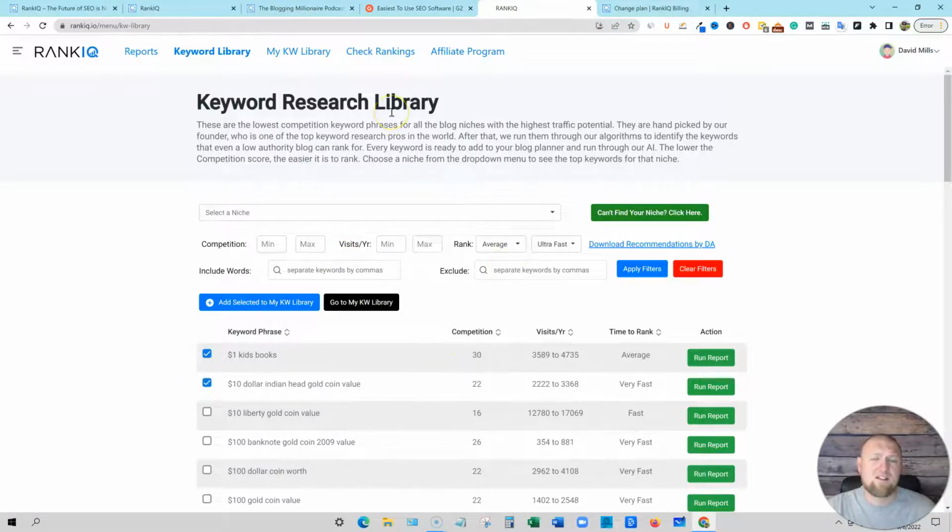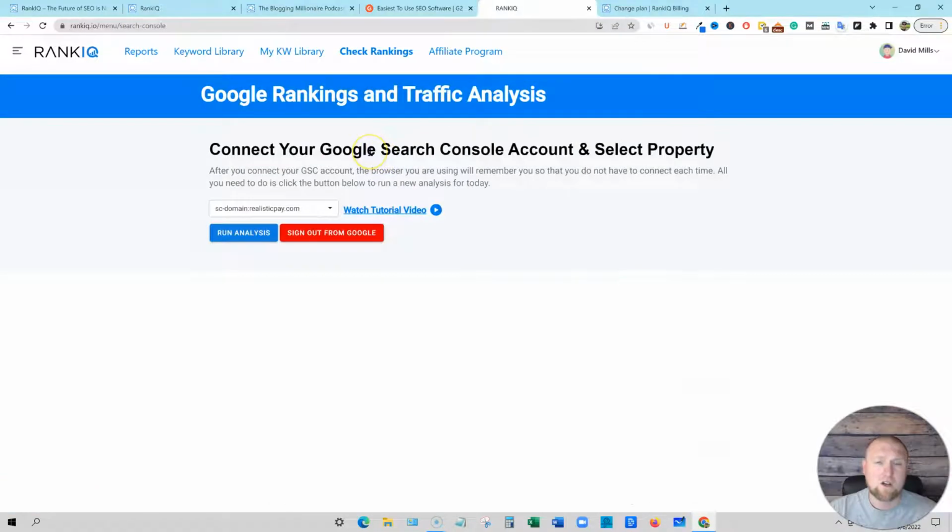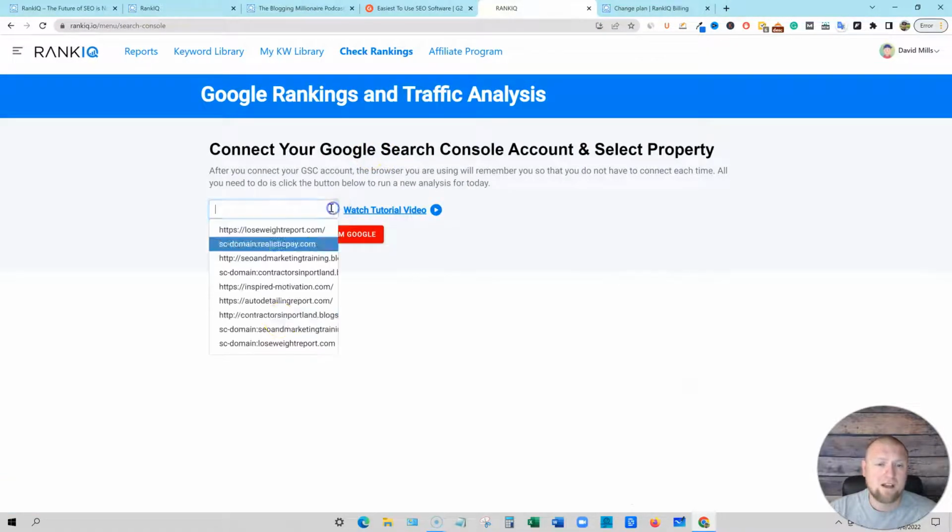It's just very sophisticated, but they make it very easy for anyone to pick up and start using the software and feel good about using the software because they feel like they understand it. It's got a very clean interface and just nice bright buttons that tell you exactly what to push. Really good stuff. And then, finally, you can hook up your Google Search Console account,